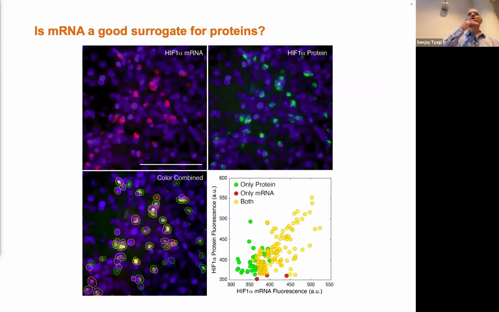This is the question of protein and RNA. Is RNA a good surrogate for protein or not? So we actually, this question keeps coming back after 3 decades of RT-PCR and 1 decade of microarrays and 2 decades of RNA-seq. So we should have sort of accepted that RNA is a good marker for protein, but there are cases such